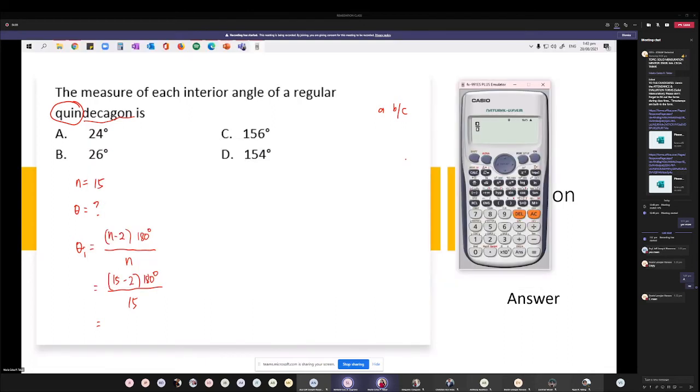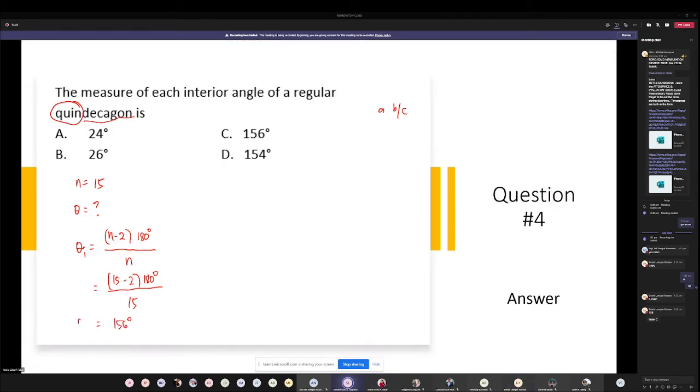The tendency is if we do not know what operation to perform first, then that could be a big problem. I hope there's no problem with our arithmetic and algebra, and later for trigonometry. So 15 minus 2 times 180, then over 15, or you can just put divided by 15. Okay, that's 156